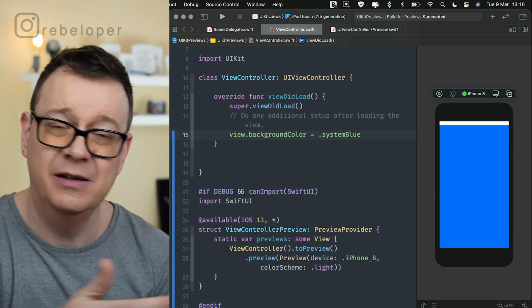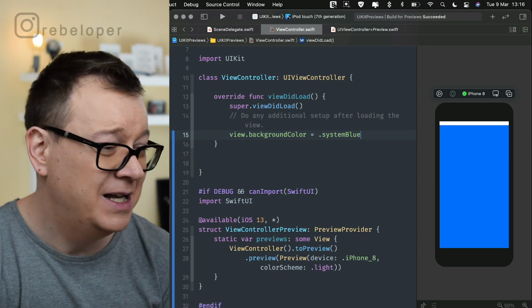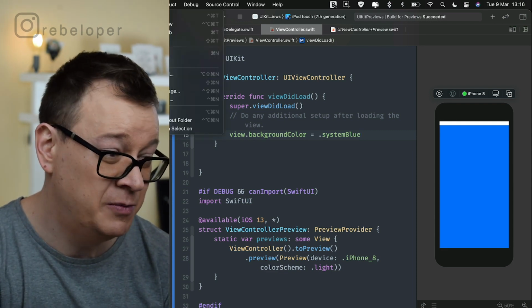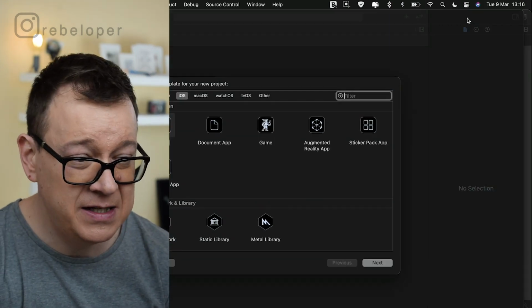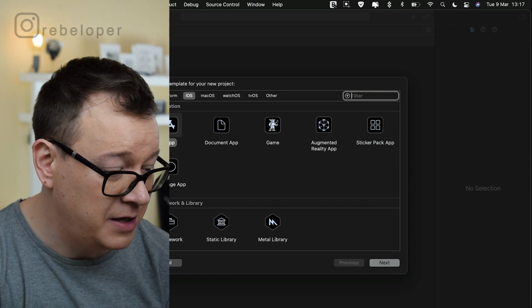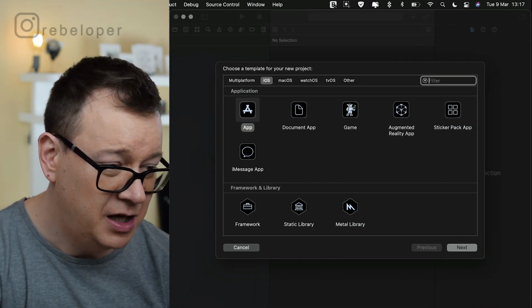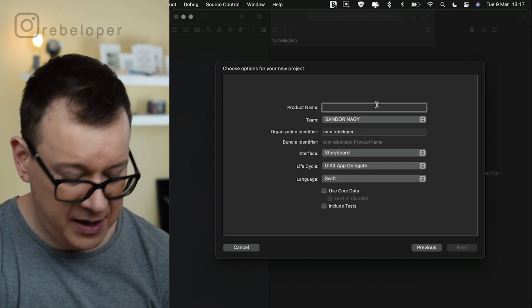And in order, we just deleted all of our storyboards. So in order to do that, let me just create a brand new Xcode project again. I promise you, this is our last project for today. And in this case, I will not remove the main.storyboard. We are going to actually benefit from it. So let's select app, click on next, and let's see,